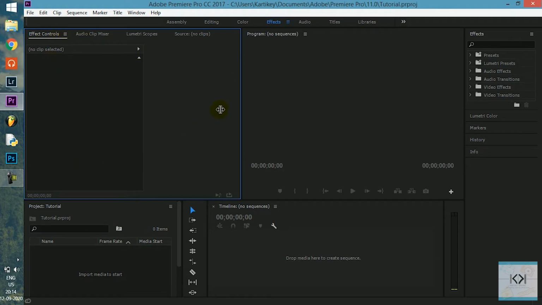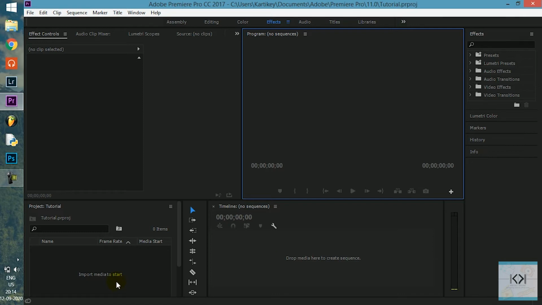So what is selected right now is called the effect controls panel. On the right of it is the program panel. This is the effects panel, this is the timeline, and to the left of it is the project panel. So what all these things are, I will be showing you in just a minute.